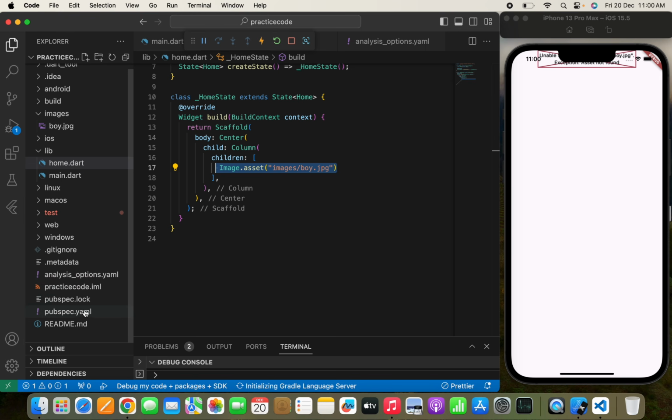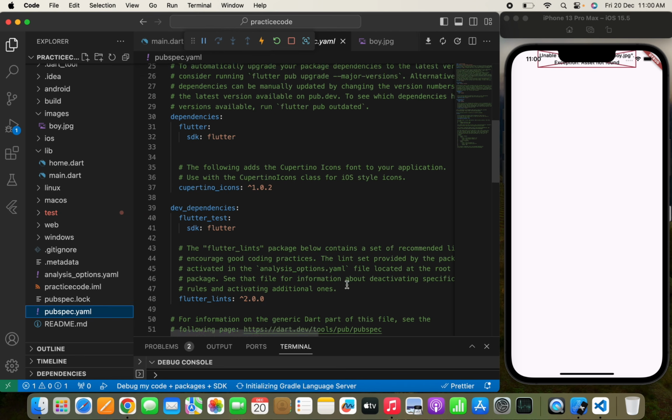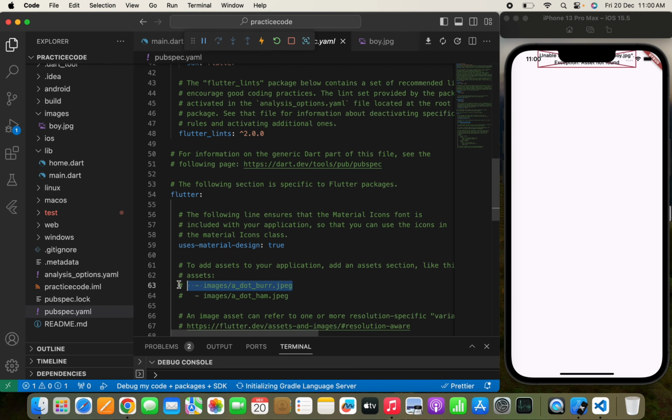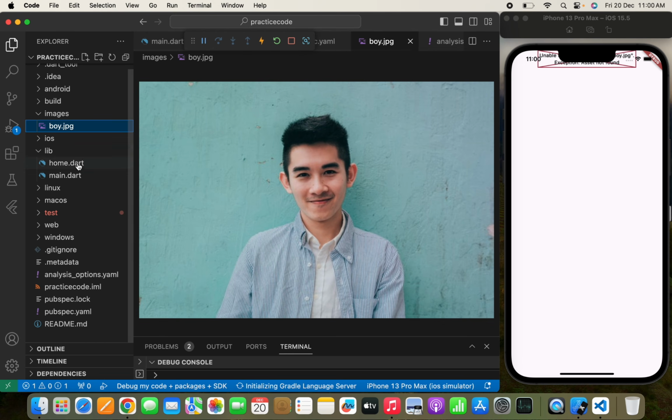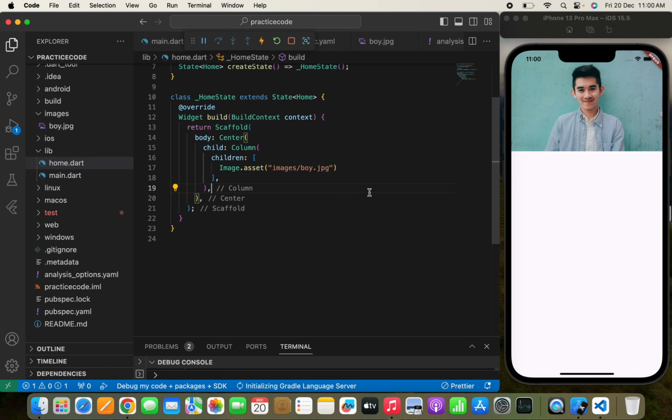Now to get the image, let's move to the pubspec.yaml, and we need to call the folder name where we have saved all the images, which is our images folder. Now simply run this file. Now I can use this image over here. So this is how we can use an image saved in a folder by using Image.asset. Now once the image has been shown, if you want to increase the height and width of an image,